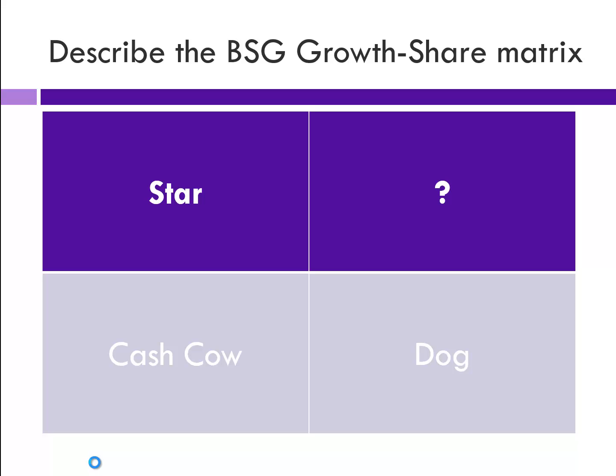Now, a star in the upper left there is a product or a product line where we already have a pretty good market share. We have a good share of the market, and there's still high growth potential there. A question mark is something where we don't have high market share right now, but there is high growth potential, so we might want to look at those products. The cash cow is not growing fast, but we have a good share of the market. It's generating a lot of revenue for us, and those are probably going to be your mature products. That's why they're not having high growth, because they're already pretty mature.